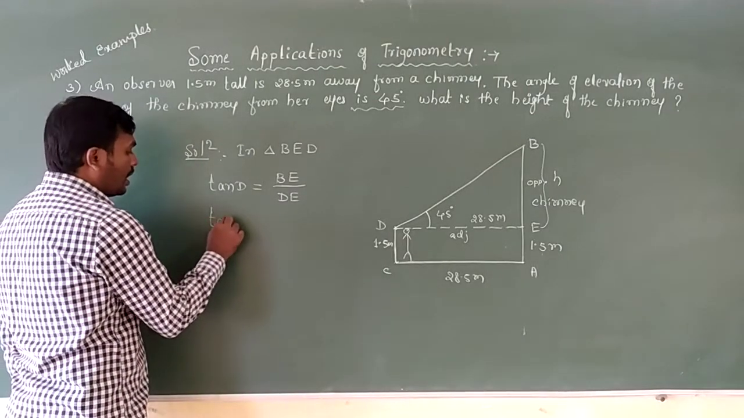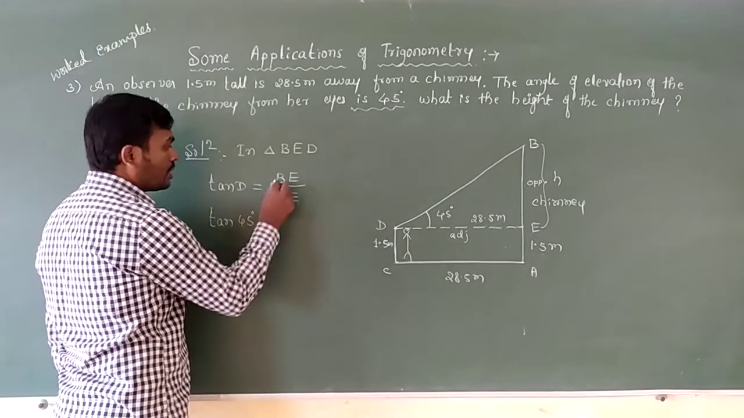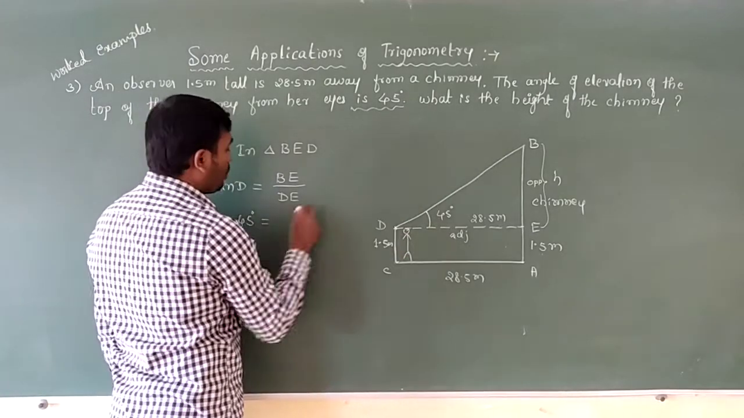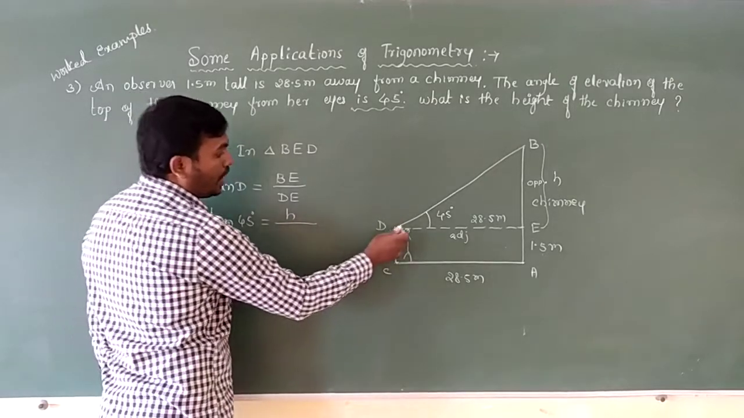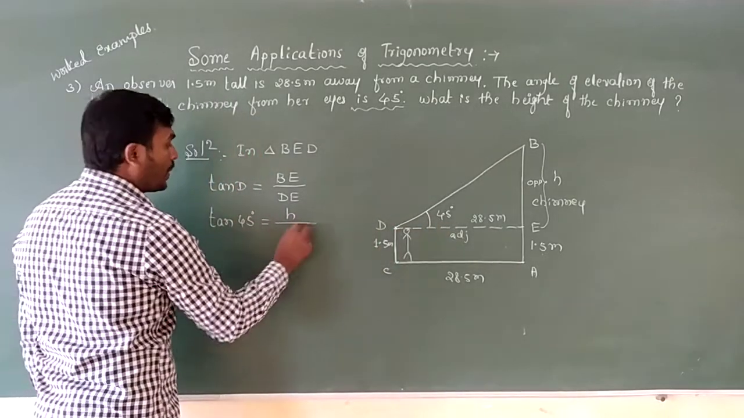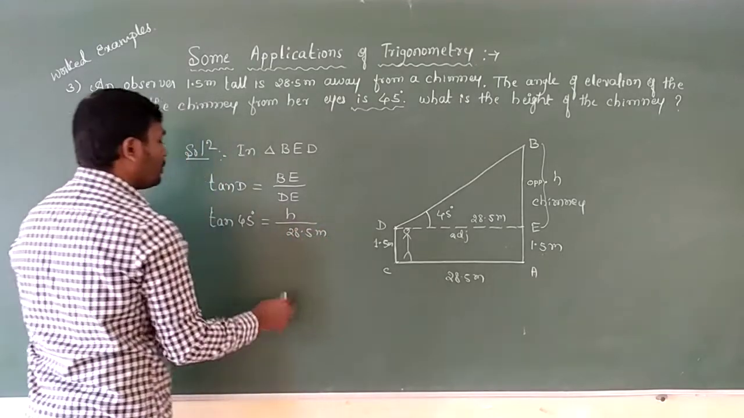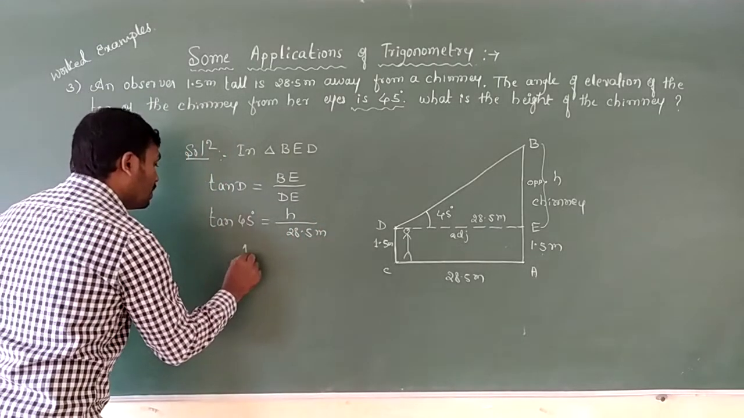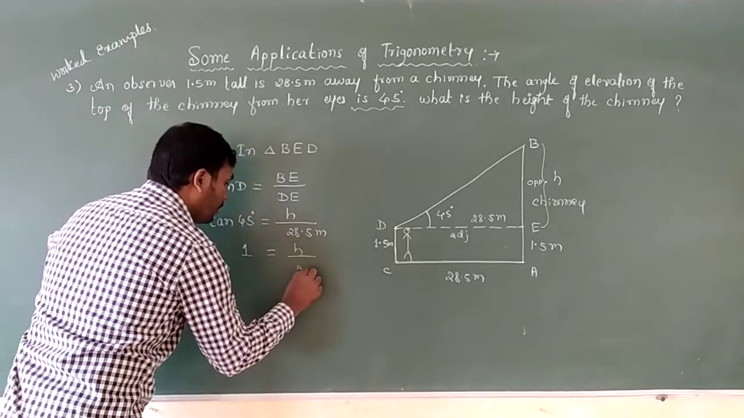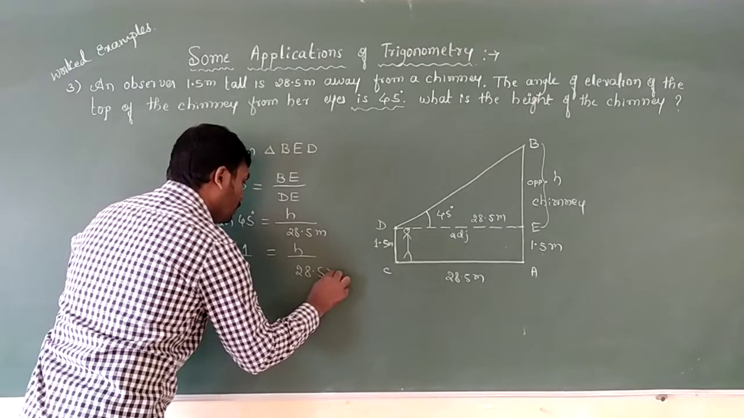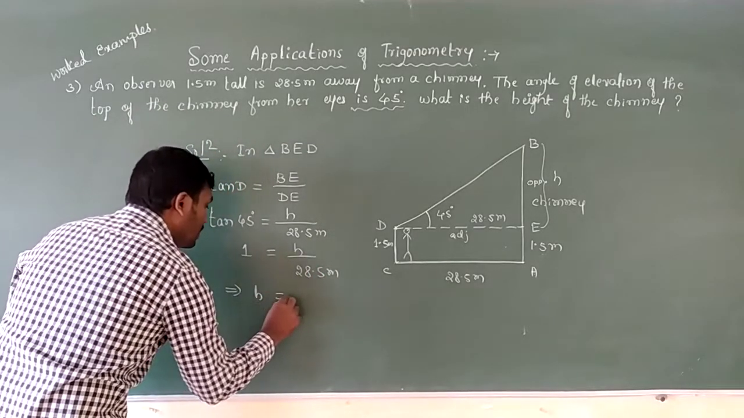So tan D, angle D is given, it is 45 degree. So tan 45 degree is equal to BE, we don't know, that is H. We have taken it as H. And DE is what here? 28.5 meter. So tan 45 is what? Tan 45 is equal to 1. So H divided by 28.5 meter. Cross multiply this one, then we will get H is equal to